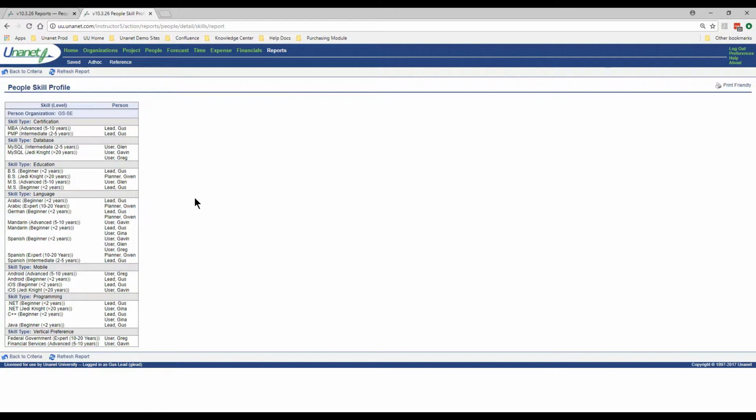I've got a contract that says I need to have a Spanish with MySQL. So then if I can look at it here under my language skills, I can see Spanish. Okay, Spanish, I've got a few people that have that. And then I can see under my database, I have some MySQL. So I can take a look at the skills profile to see if I have those people in the organization